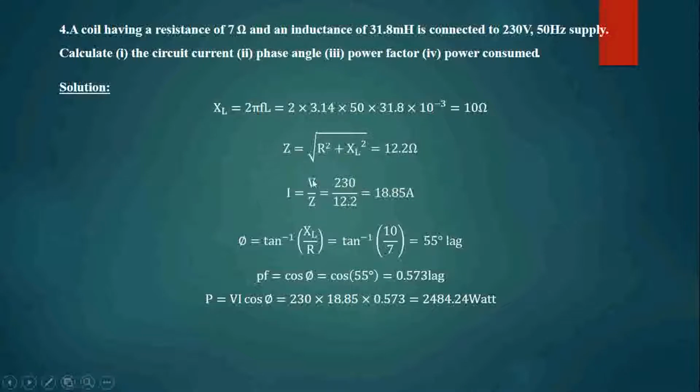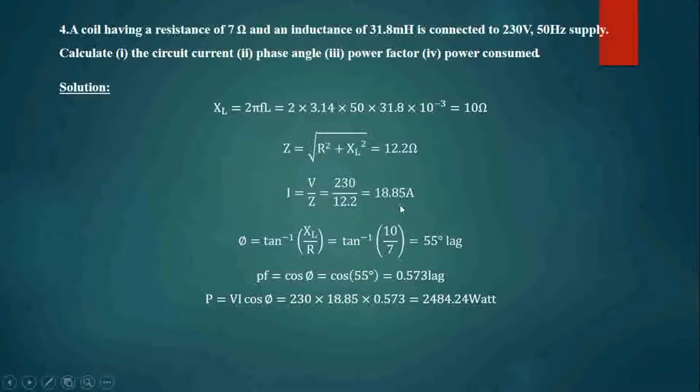Impedance, how to find out impedance? Impedance Z is equal to the square root of R square plus XL square, because it is a resistance and inductance combination. How to find out XL? To find out XL, we use XL is equal to 2 pi FL. From this you can find out the value of Z. Once you find out the value of Z, you can find out the main current, the circuit current, as V